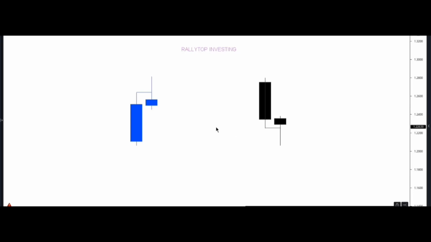Now, I'm going to take you to the live chart and show you one or two examples so that you can know how to approach the weekly time frame. But before then,